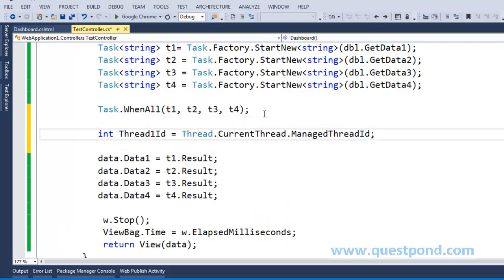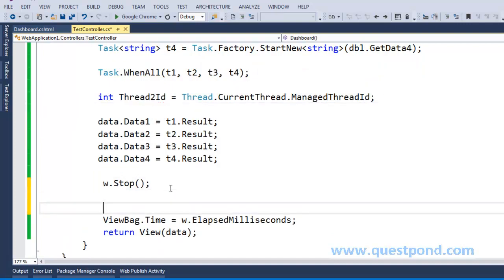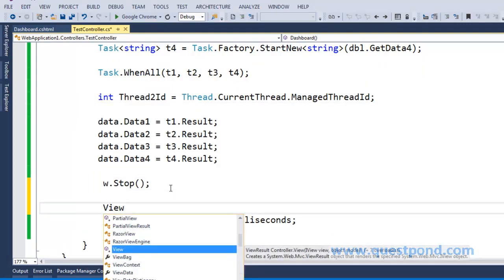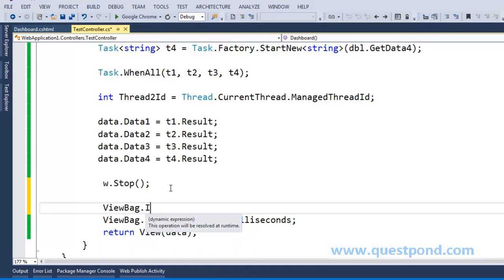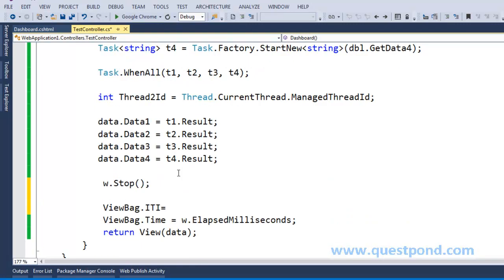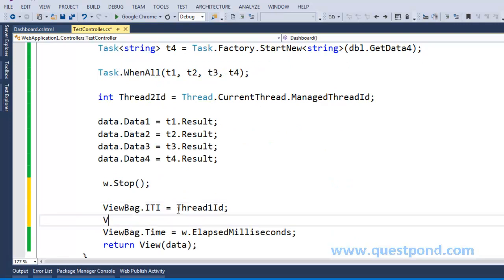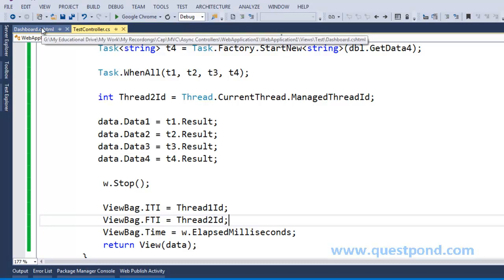And here I'll say thread2Id, and create two more ViewBag properties. I'll say ViewBag.InitialThreadID, ITI, equal to thread1Id, and ViewBag.FinalThreadID, FTI, equal to thread2Id. These are just names which I gave. Before executing, let's go to our view and make some changes.